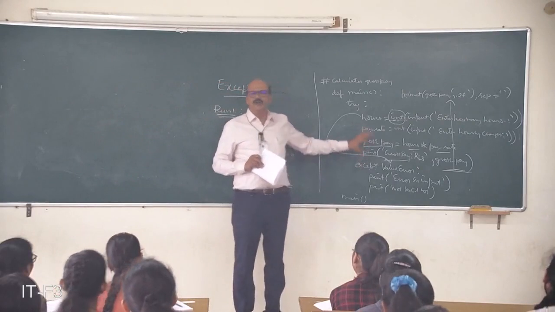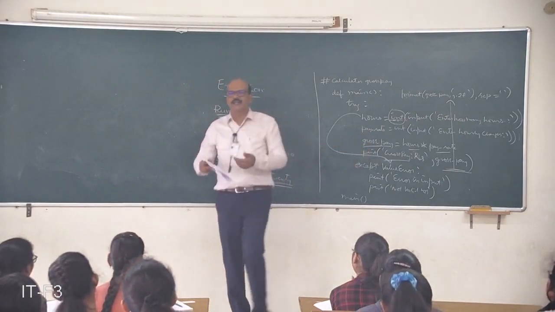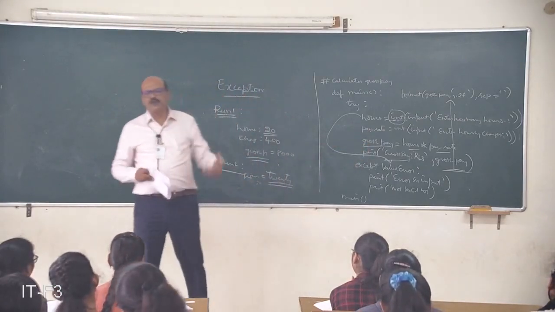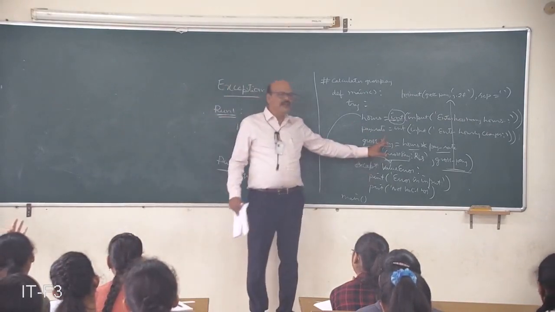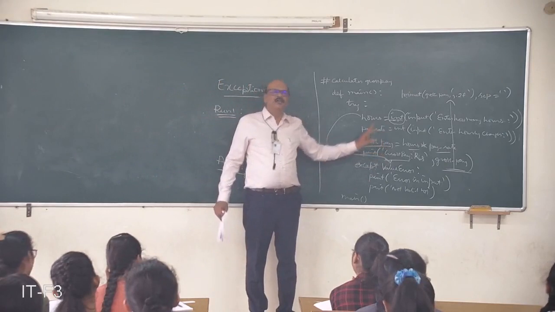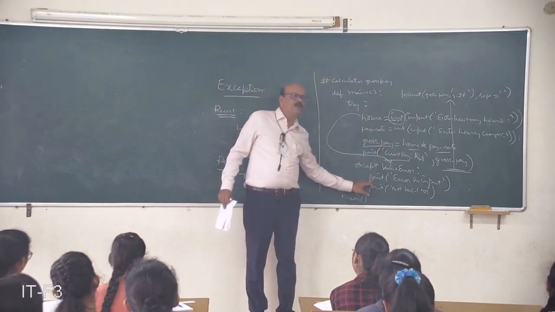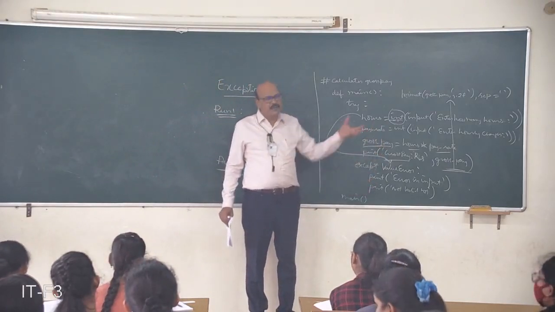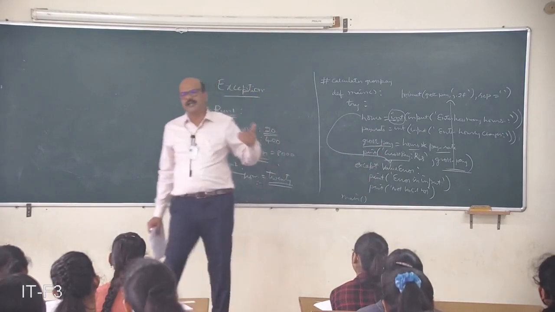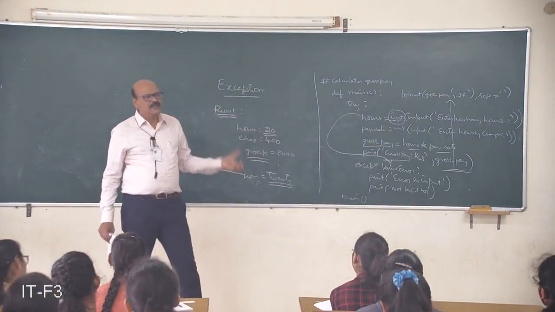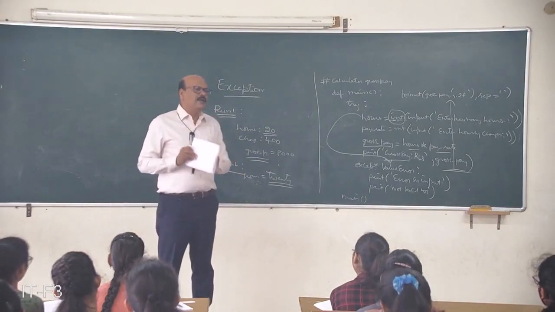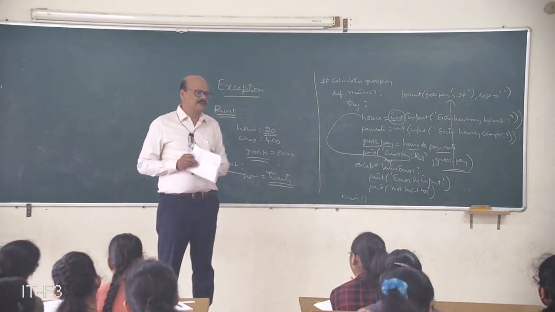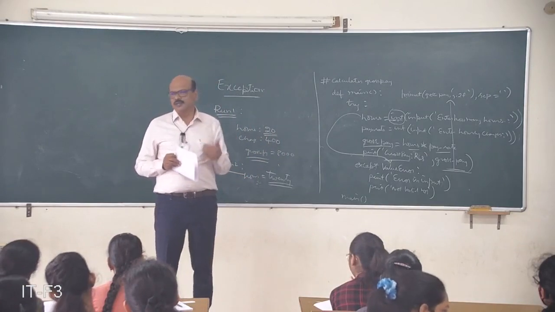So whenever it encounters an exception, it should come out of that exception condition and then it should run normally. That is what we are showing. Whenever an exception occurs, this is the alternate path the program has to follow. That is what you have to show to your program as a programmer. Otherwise, it abruptly ends and the user cannot see any output henceforth. That type of situation we should avoid.